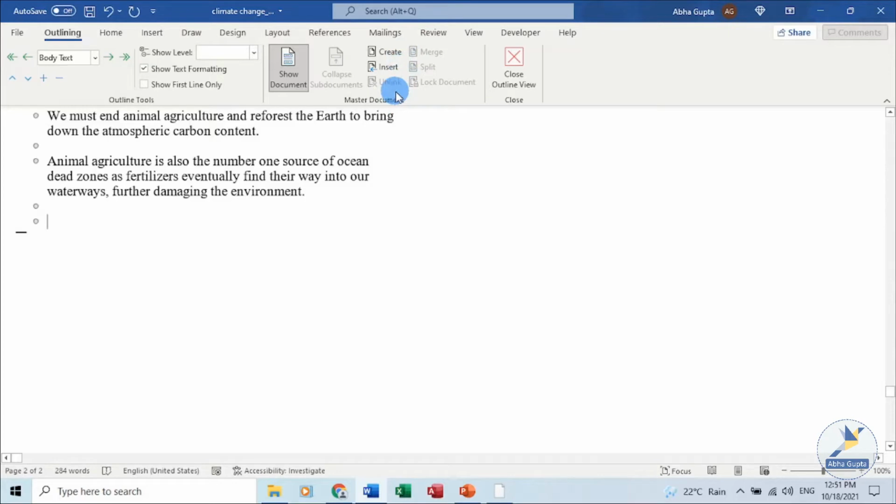You can create a document from inside the document outline view in which we are working, or you can insert different documents as well. Let's first work with inserting the document, and later on we'll create a document from the outline view as well. Click on Insert.